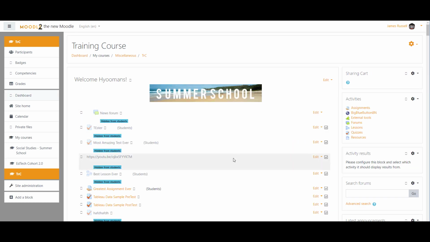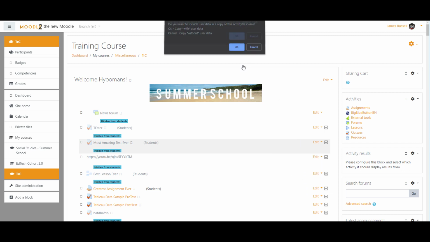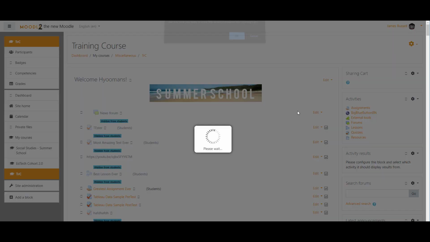And so now I'm going to move this most amazing test ever into my sharing cart. So to do that, I go over here next to it. You can see that it's highlighted all the way across, so you know which one it is. Click on Edit, and then at the bottom here, once you've added that course block, you'll see Copy to Sharing Cart. So I'm going to click on Copy to Sharing Cart. I'm going to hit OK, because I want it on there. And yes, I want that on there. Sometimes it doesn't do a double click. Sometimes you'll have to do that one time. And if you give it a second,